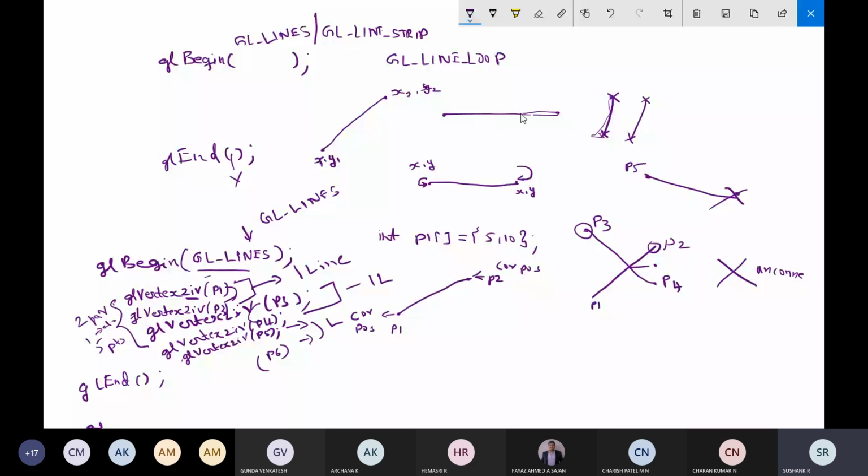If P3 had the same coordinate position as P2, for example, if P2 is at 5 comma 10 and P3 is also at 5 comma 10, then you could say the lines are connected because they have a common coordinate position. But you don't have any common coordinate position, so even though the lines are crossing at some point, they are not connected.